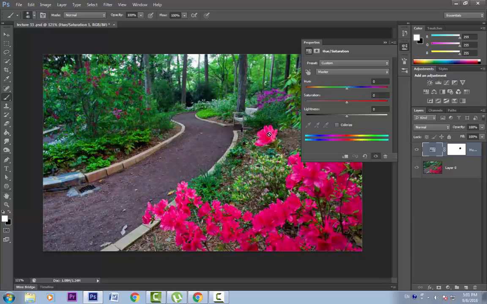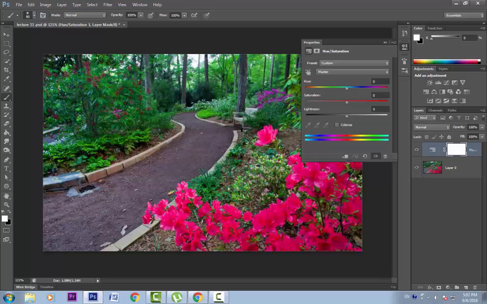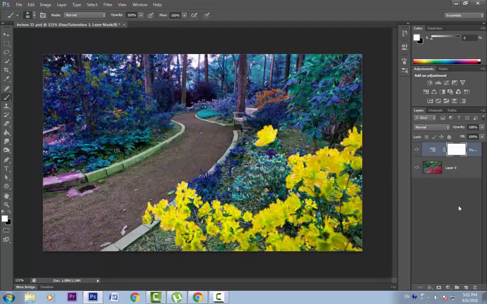If at any point we want to remove the mask, just paint with white. You can see in the mask that it has been painted white. Now the whole image will take the effect. We will talk about the masks in a later lesson.